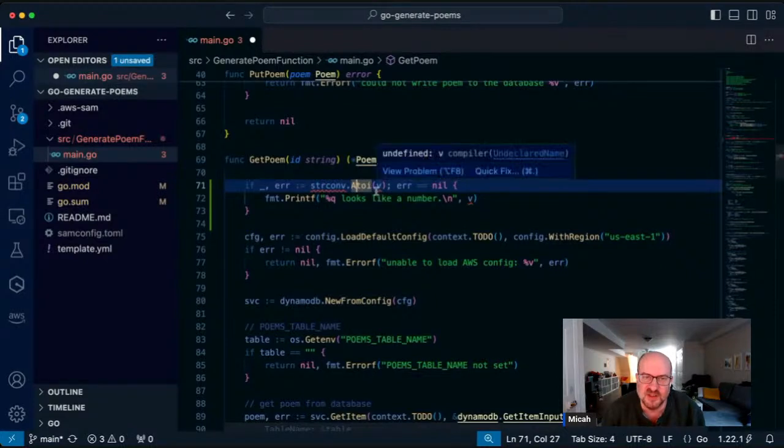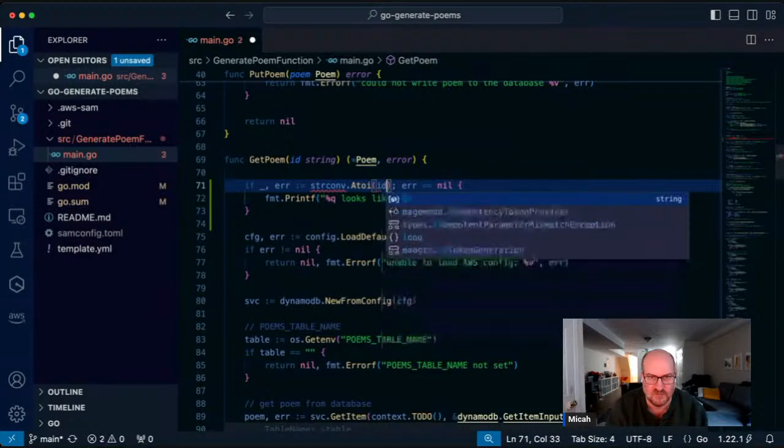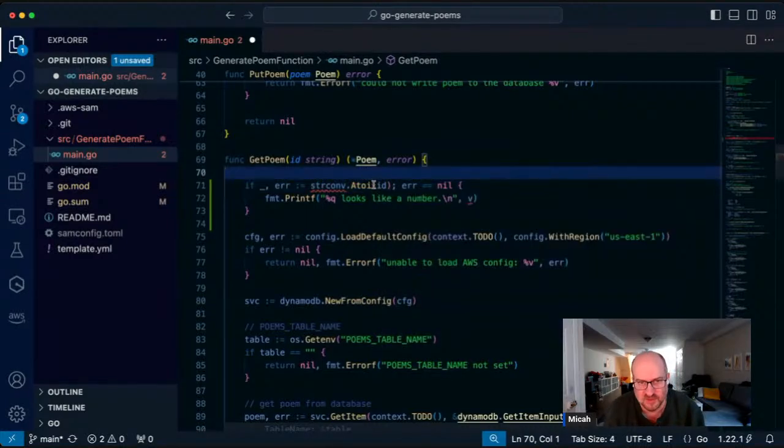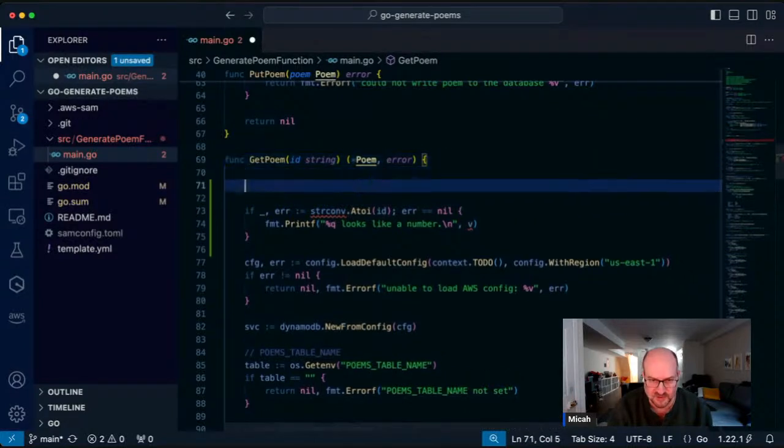Basically, what we're saying is, given me an ID or some variable. It has to be a string. So given a string, if I convert the ASCII characters in that string to an integer, and it works, then it's an integer. If it doesn't work, if it fails, it must be a string. Like it must be a string, not an integer. Okay, so let me type out what that means because that's very confusing.